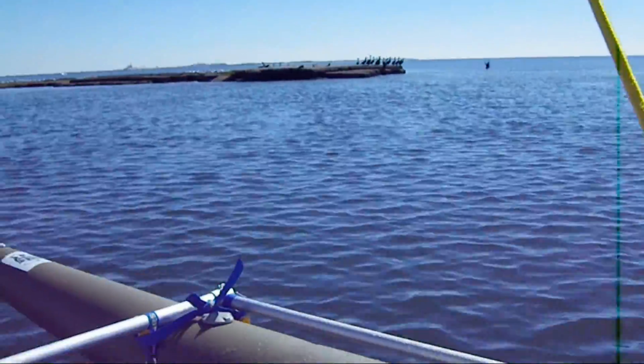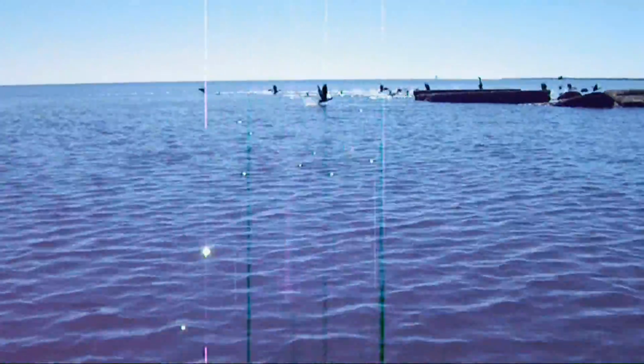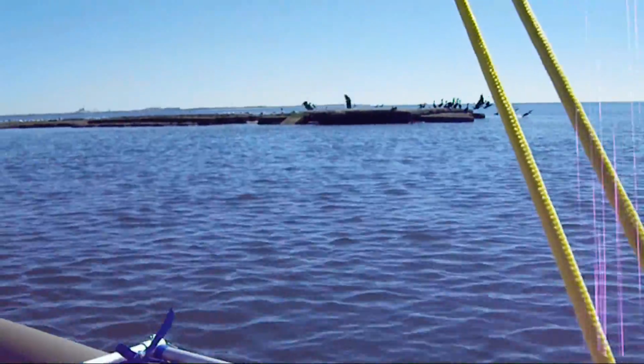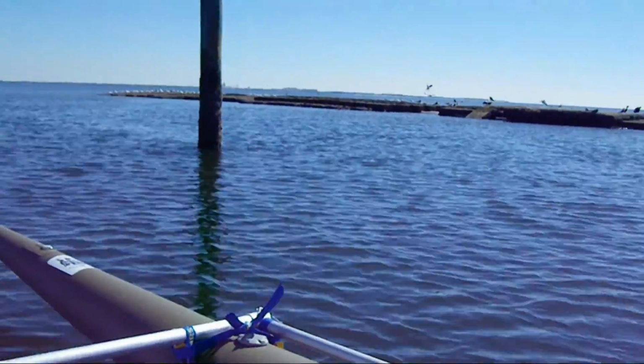See all those birds there? They're sitting there, and I'm kind of disturbing everybody right now. They're all saying, that guy looks a little weird over here. I think we better take off. They'll be back in a minute. But as I was saying,